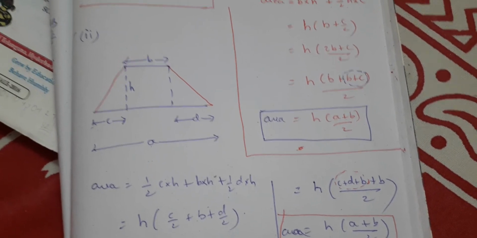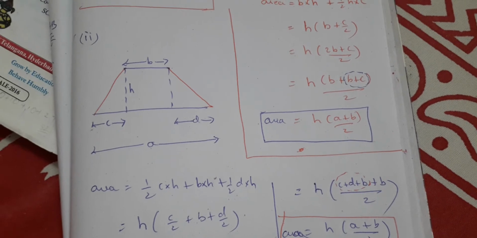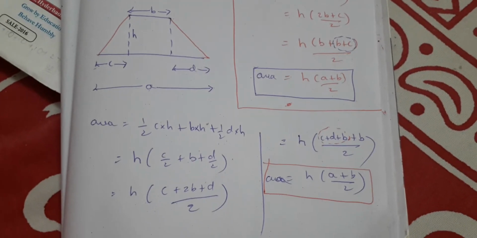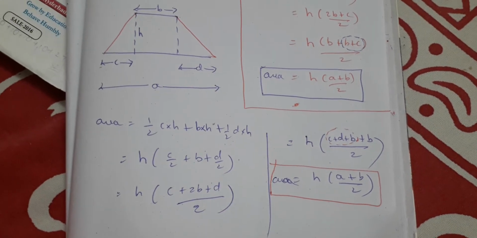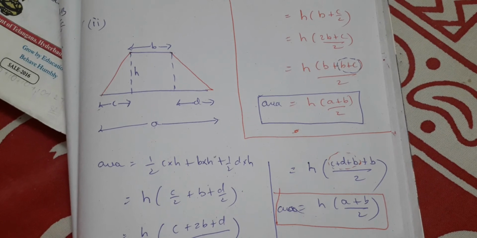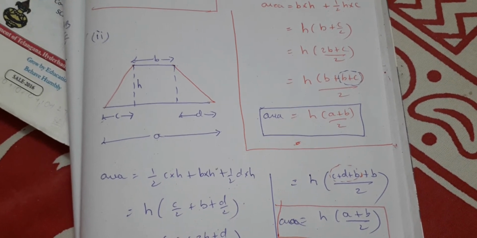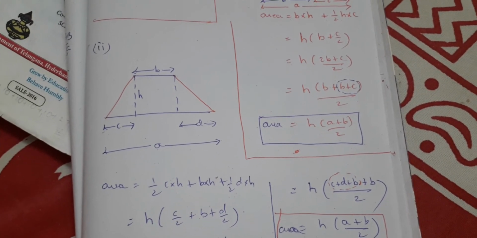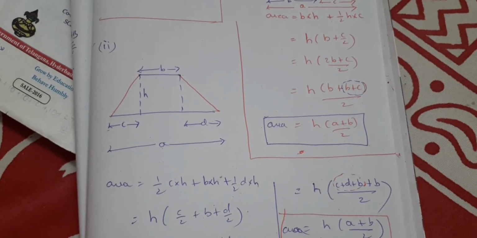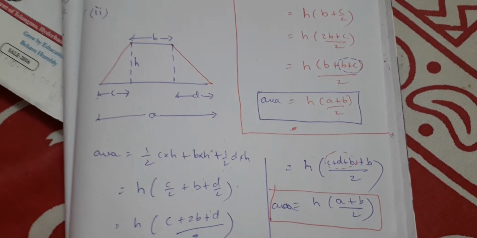So please carefully read the problem and solve the exercise problems, right, and post them to me so that we can proceed to the next part of the chapter, where you will be finding the area of the quadrilateral and the area of the polygon. Then we will proceed to solve the problems from the exercise. Okay, so for today I am closing with this.